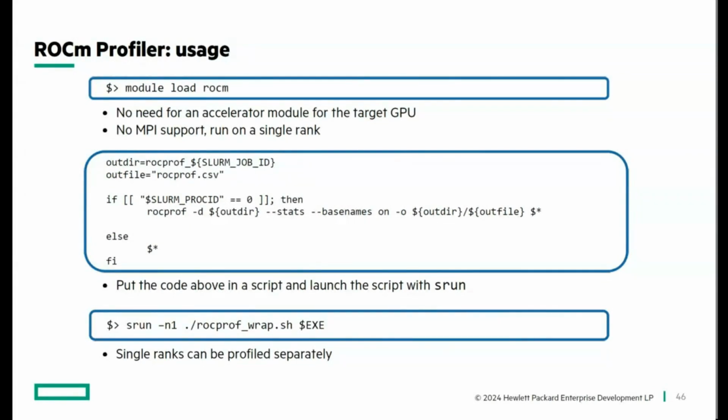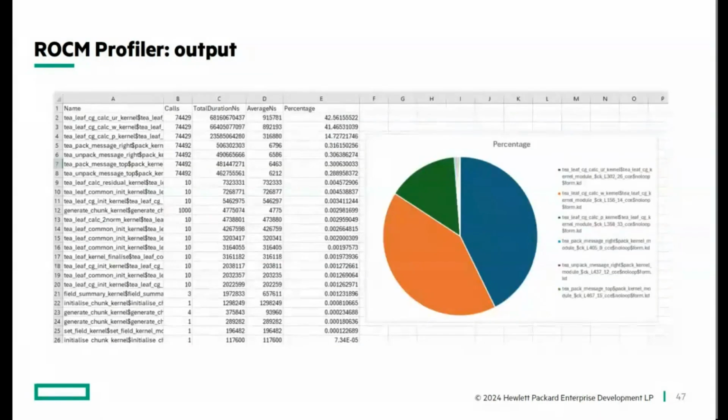I mean, for most applications, it'd be satisfactory to just profile a single rank. But if you are doing more complicated things where different ranks are doing different kinds of compute, then you could write a more elaborate wrapper script to kind of pass this data out into separate CSVs. So if you look on the next slide, Harvey,